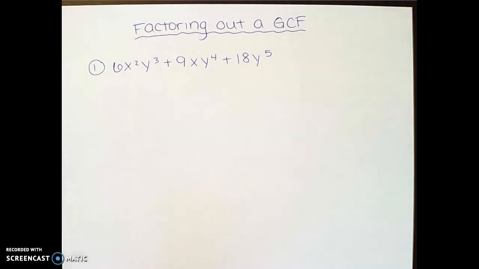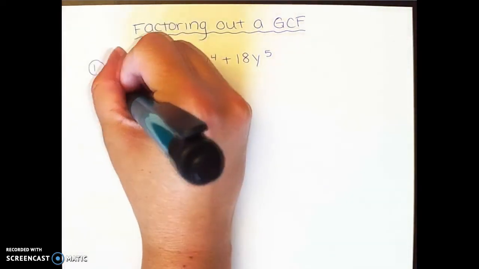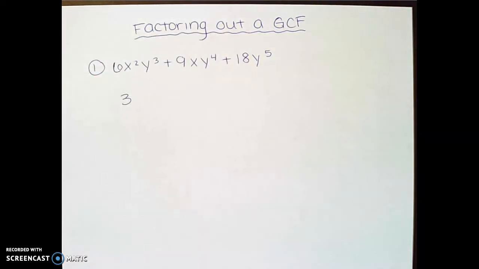So taking a look at our coefficients of 6, 9, and 18, the largest number that divides evenly into all three of these numbers is 3. Next, I'm going to take a look at my x's. So in the first term, I have an x squared. In the second term, I have an x, or an x to the first power. And in the third term, I do not have an x, so x is not going to be part of